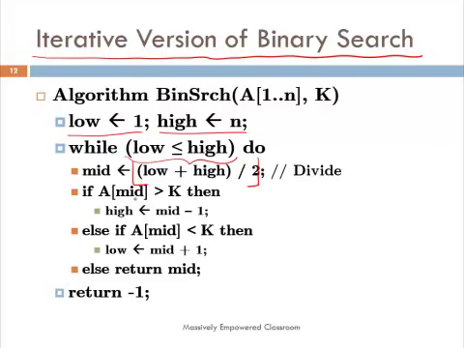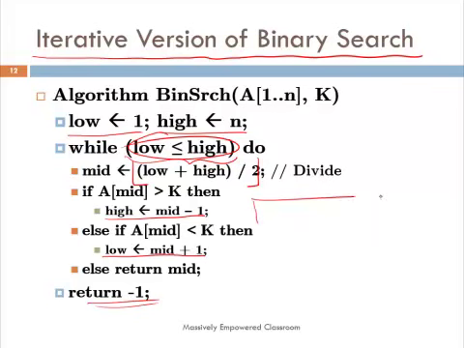And you compare the mid value to the key. If it is greater than key, then that means the key will be found in the left half of the array. You set high to mid minus 1. Otherwise, you set low to mid plus 1. And eventually, when both of them are not true, that means the value is equal to k, you return mid. If you come out of the while loop, right, if this condition is no longer satisfied and you still did not find the element, it returns failure.